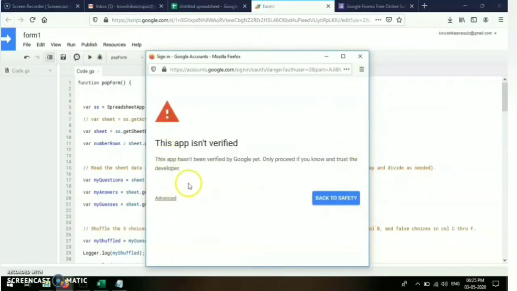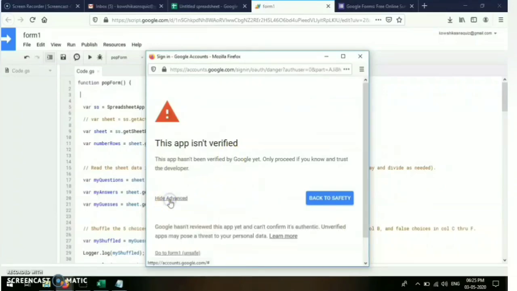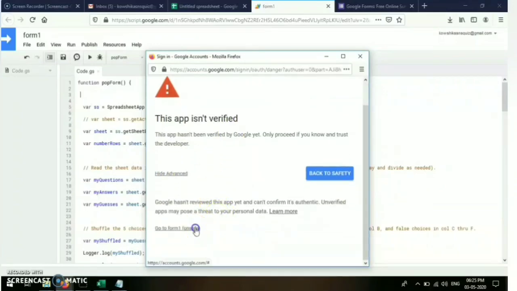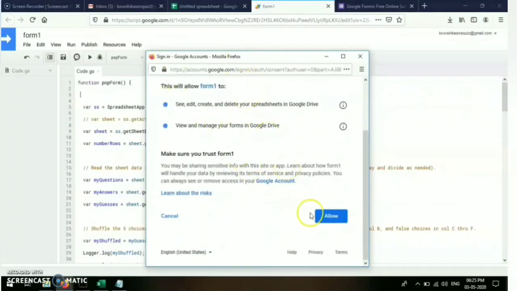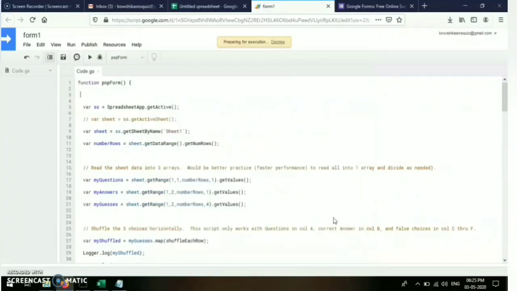So you will get a screen like this. What you have to do is click advanced, go to the form and save. Okay, so it will ask for these permissions. Click allow. So authorization is successful. It is running the function pop form. It has completed its running.